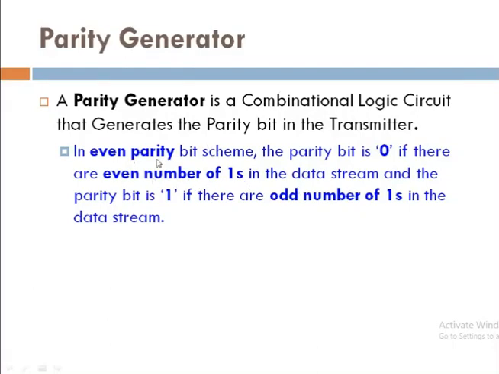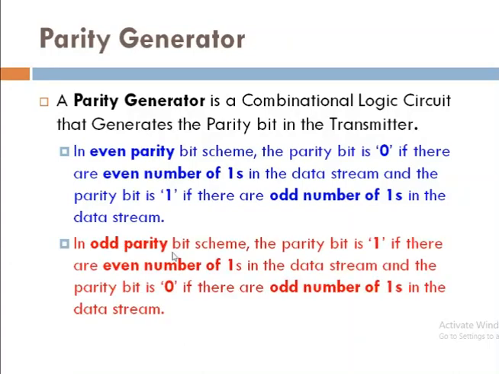Now, if you are writing the truth table for the even parity, if the number of ones is even, then you have to consider the zero value as output. If the number of ones is odd, then we write the parity bit as 1. This is the case of your even parity generator.